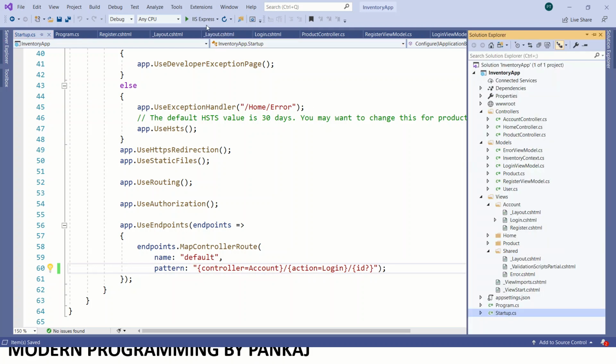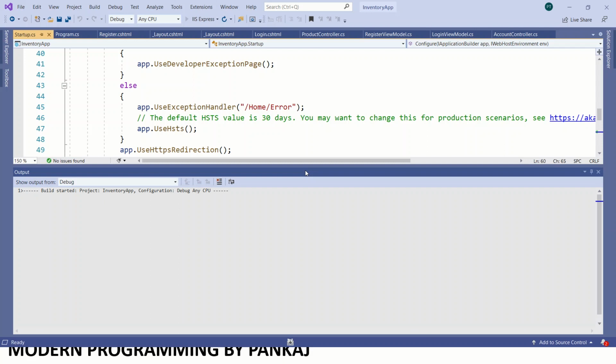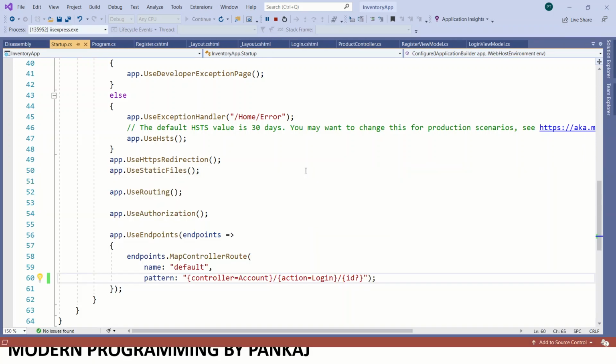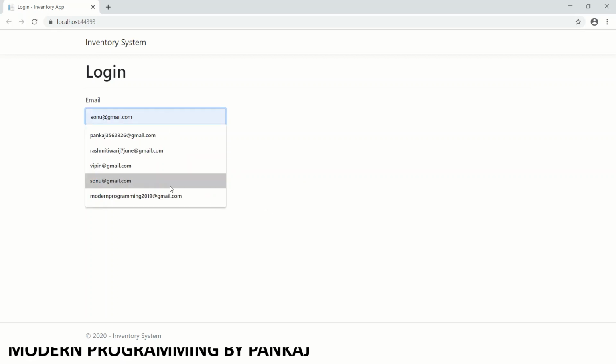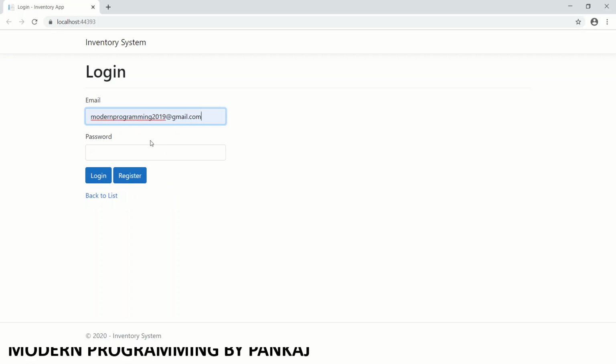So let's run the application now. It will run the application and we'll see the output. It should go to the login page directly. So we have got the login page now. What is next? I have registered this Modern Programming user in my previous video, so we can log in